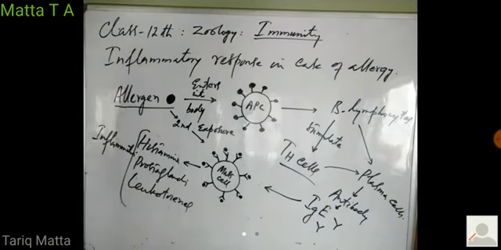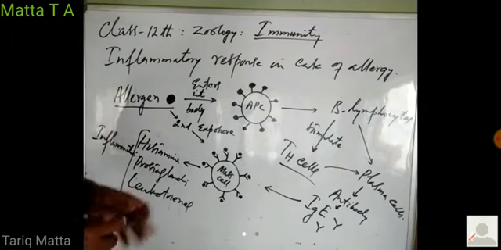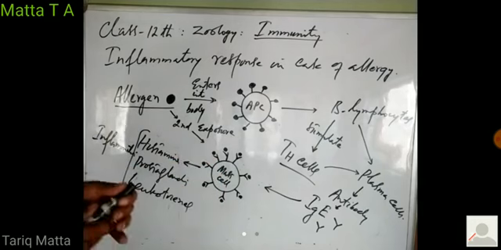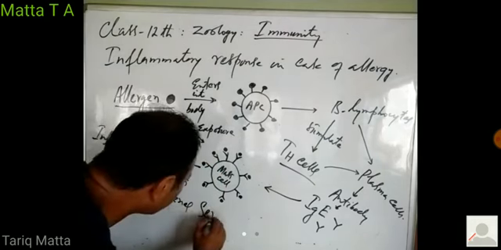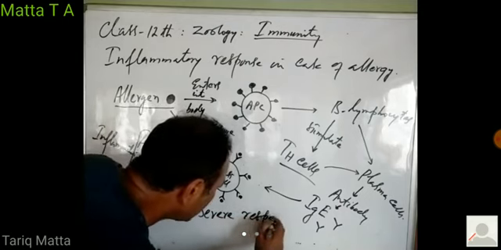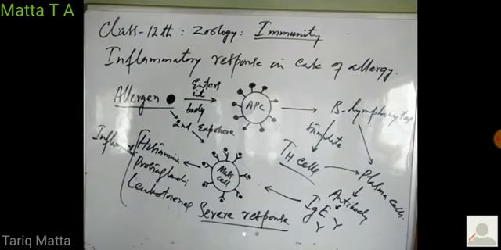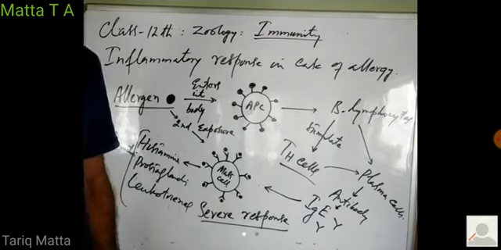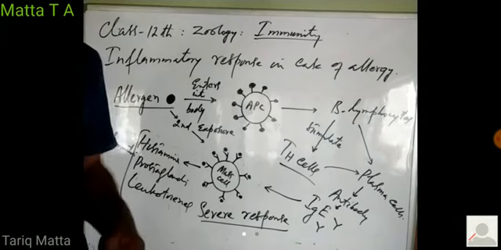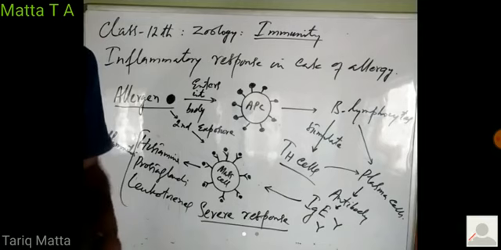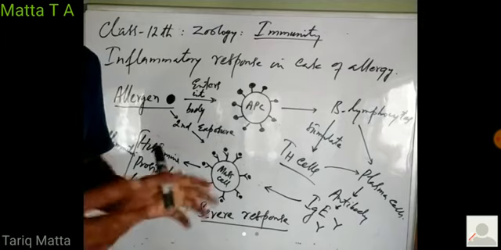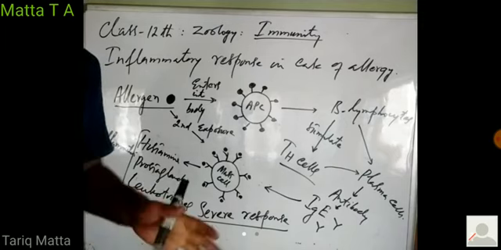And these mast cells are hyperstimulated. They produce histamine, prostaglandins, leukotrienes in large quantities, and they develop a severe inflammatory response, and this severe inflammatory response may prove fatal. It may become anaphylactic shock, right? It may develop into anaphylactic shock when the whole body of the person suffers from this inflammation, and this can prove fatal. This may sometimes kill the person, right?